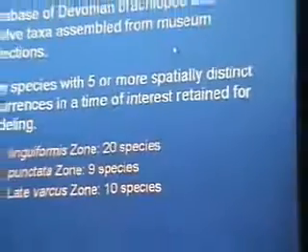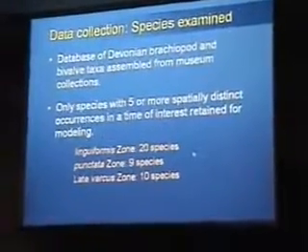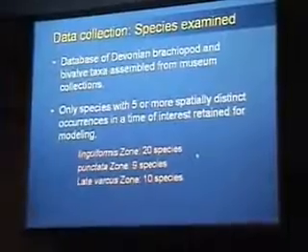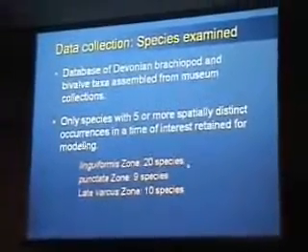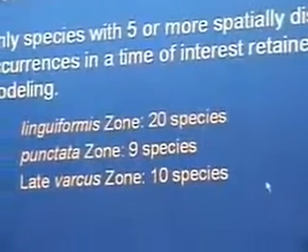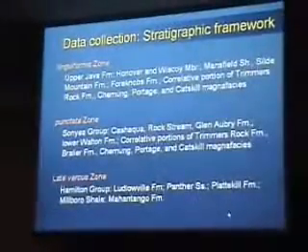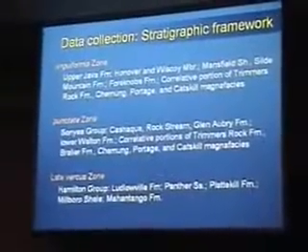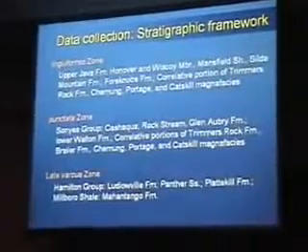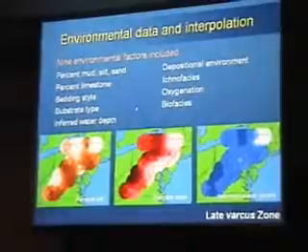Again, same set of brachiopod data, but we needed enough data points that were distinctive. And so we ended up modeling 20 species in the late zone, 9 in the middle, and 10 in the early zone. For those of you who really enjoy Devonian stratigraphy, these are the units that we used in these different time slices. So here's the Ludlow. Okay, these are the different